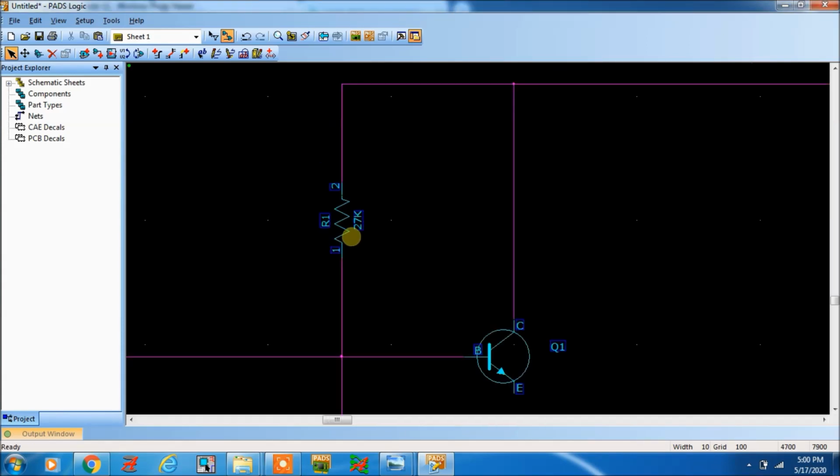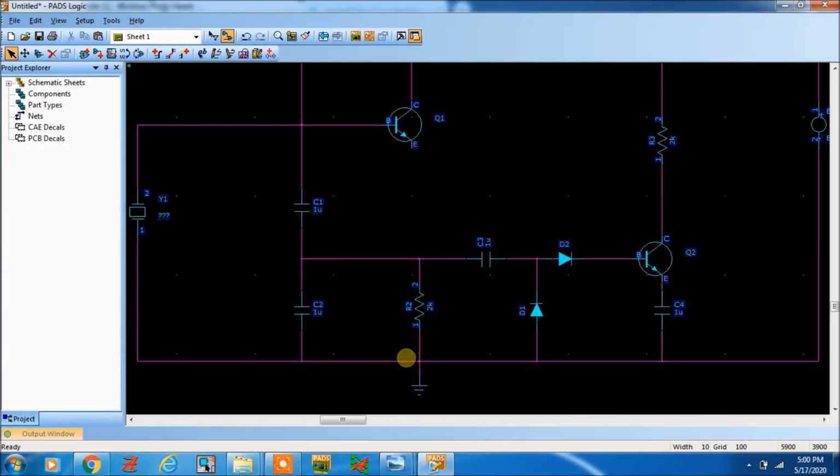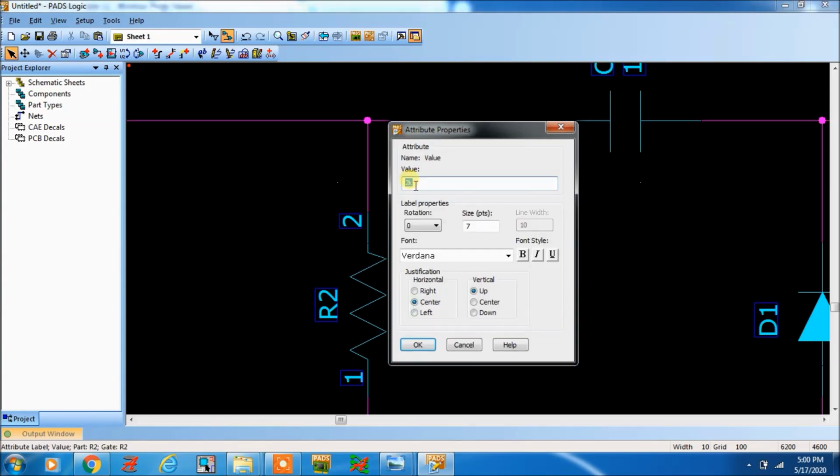Okay. R2 value is 1k. R2 here also we can change it to 1k.